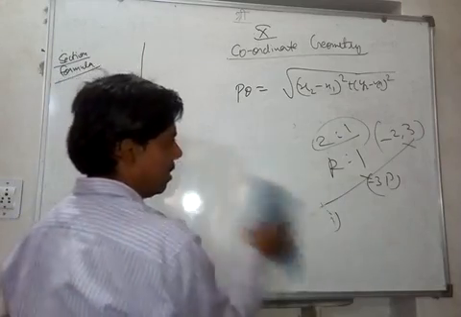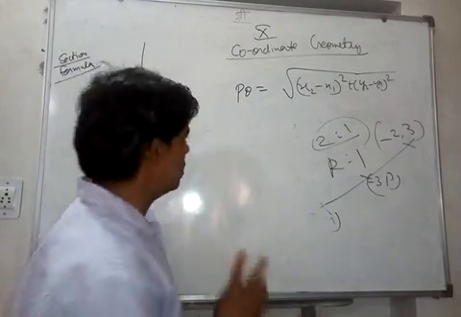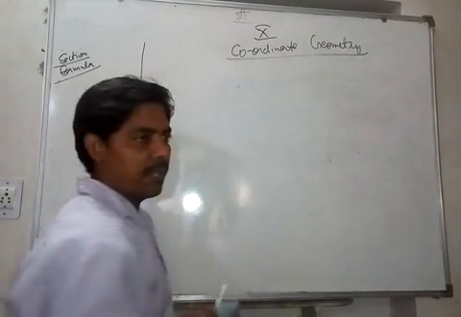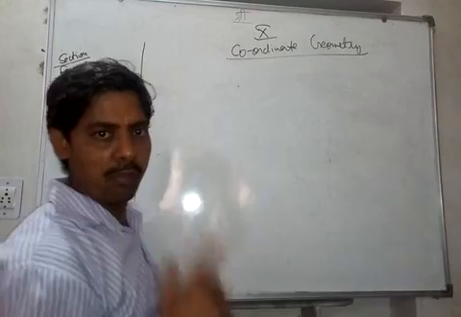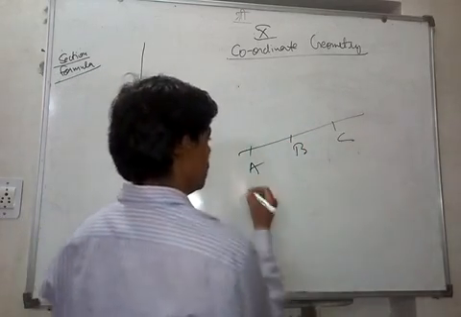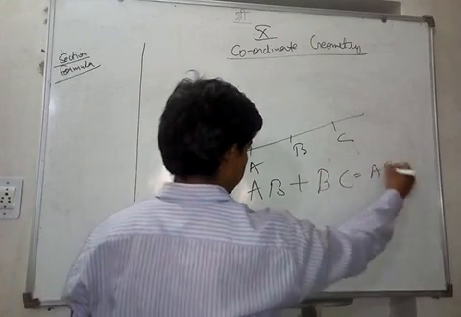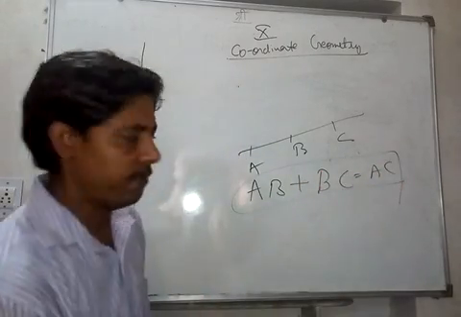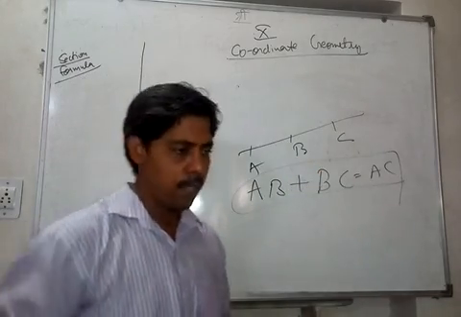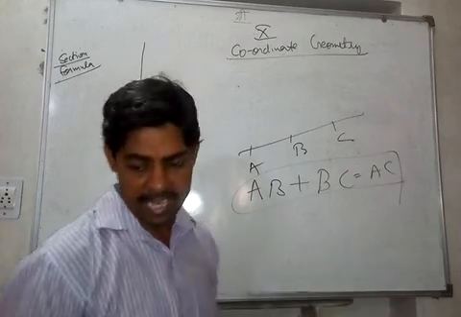Now there are many more questions, like how will you do collinearity. Collinearity questions I will do here for you. If you want to prove that 3 points are collinear by the distance formula, you can do it like this. Suppose there are A, B and C. If I can prove that AB plus BC is equal to AC, then the points are collinear. But if you are not sure about the points, then this formula gives you a very lengthy answer.